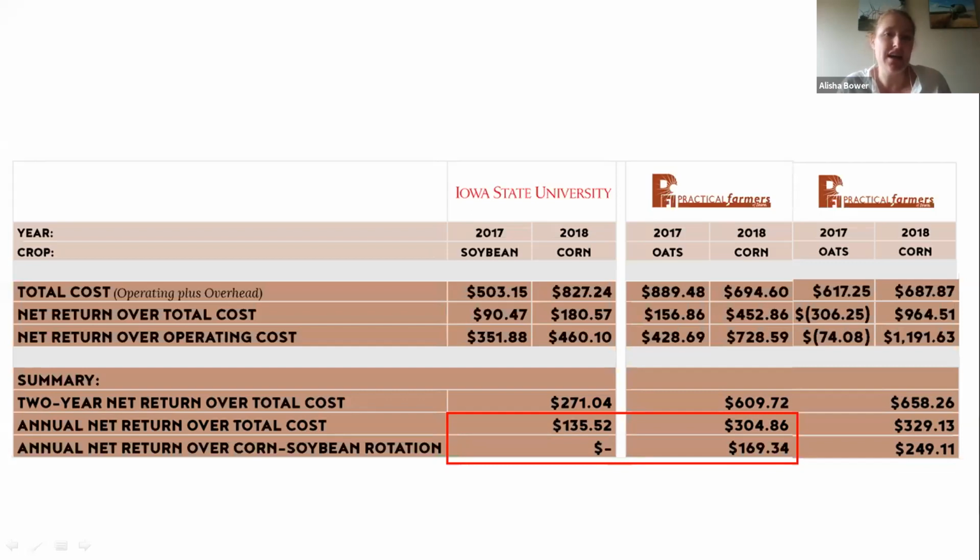They might have carried a loss in that oat year, in terms of there's more expense going into that cover crop, into manure, into growing that small grain than they're generating by selling the grain or other co-products. However, even in these cases, what we saw was that with good practices of reducing those expenses to the following corn crop, these farmers actually came out even more profitable by, let's see if I can do quick math here, about $70,